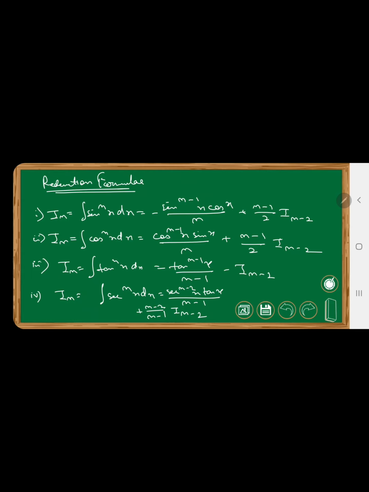Now there is one question which may arise in your head, that is, how can we derive this formula? So to derive these formulas, you just need to do integration by parts. Carefully notice the formulas, and by noticing them you can assume how you will be doing the by parts, if you know what integration by parts is. Am I clear? Up till number 4 is clear. We will move on to number 5.